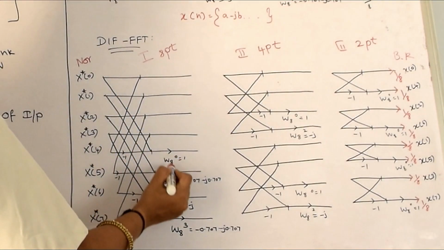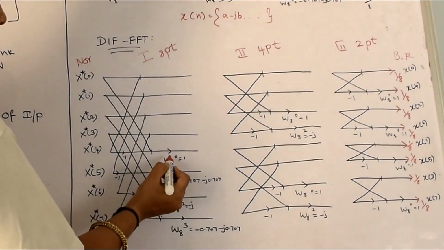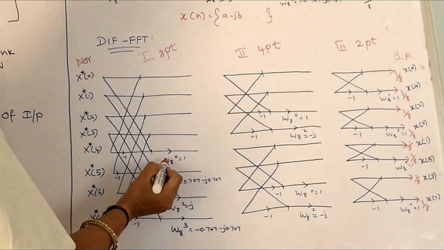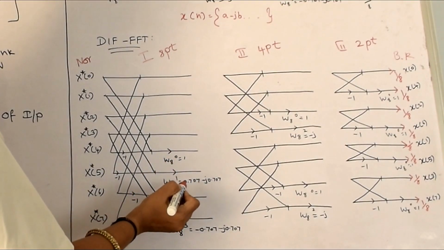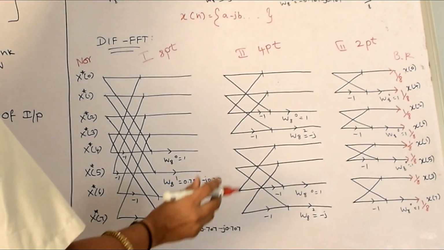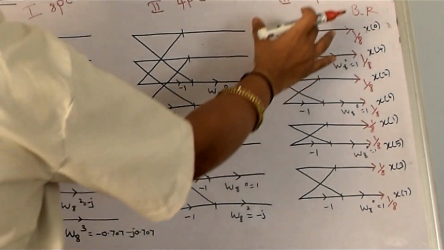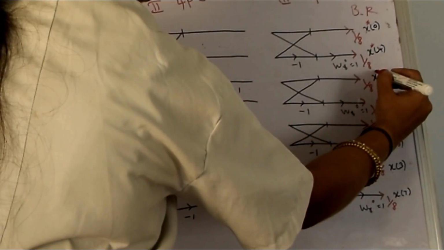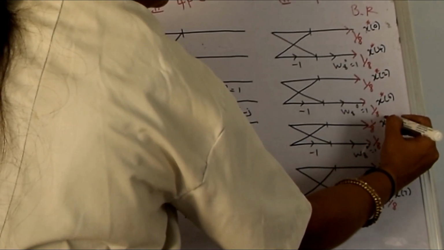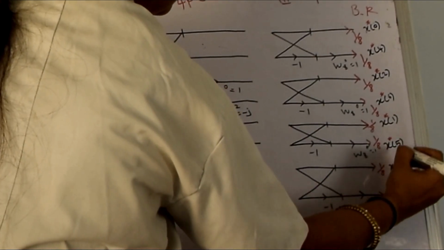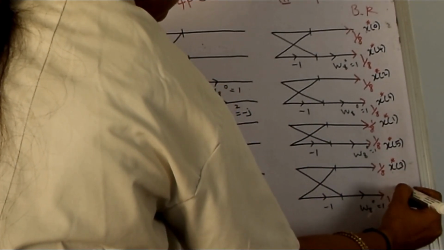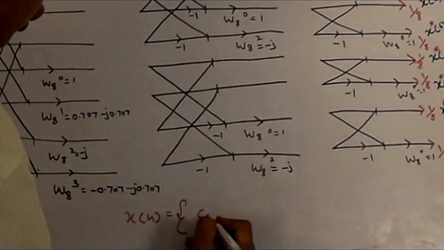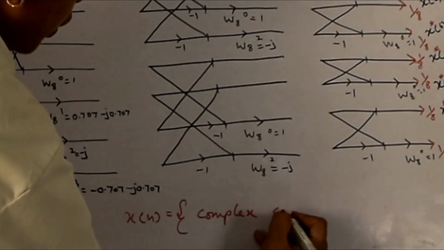I am performing 8 point DFT in the first stage and Twiddle factor value will be same like DFT using FFT algorithm. Here we will be having plus sign only. No need to change the sign also. Next will be 4 point and third will be 2 point. At the end we will be having x star of 0, x star of 4, x star of 2, x star of 6, x star of 1, x star of 5, x star of 3 and x star of 7. So actual output should be complex conjugate of the output.